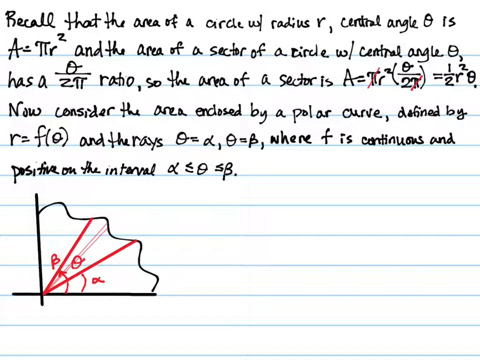We were talking about defining our function r equals f of theta. The rays go from theta equals alpha to theta equals beta. F is continuous and positive on the interval alpha to beta. And we'll pick up right there. All right, so then in the same way,